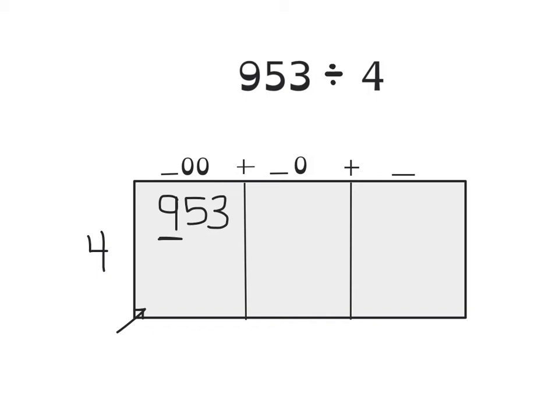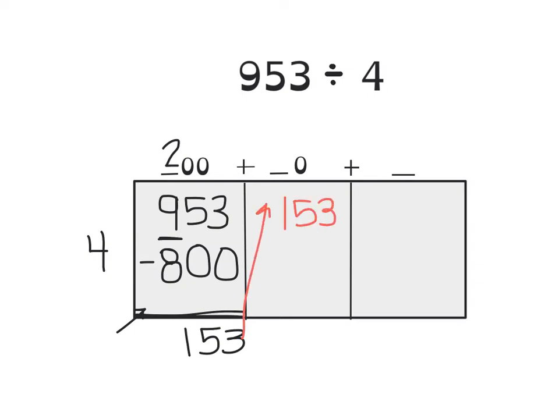4 goes into 9 twice. So I've created 2 hundreds. Now I'm going to multiply 4 times 2, which is 8. Adding in my zeros, 800. And I'm subtracting 3, 5, and 1. Now I'm going to move that number down to my tens spot,